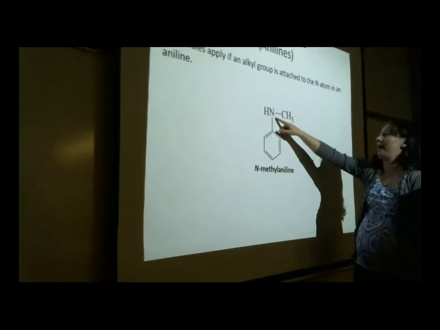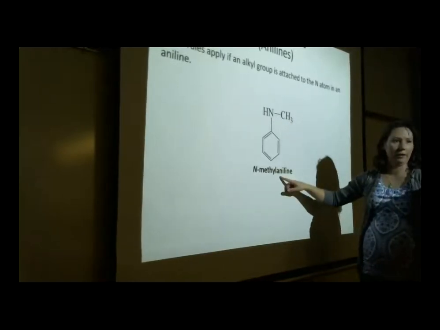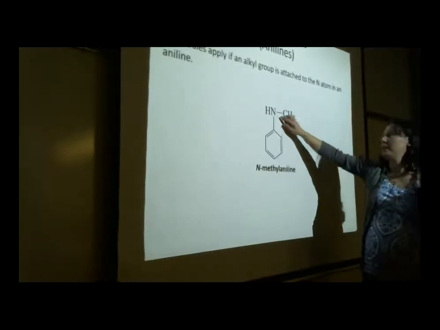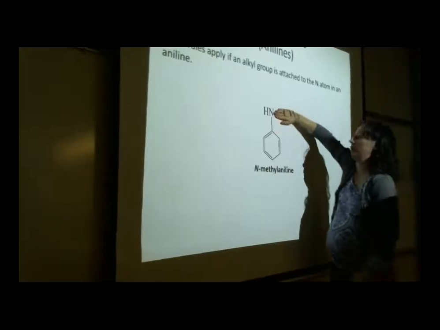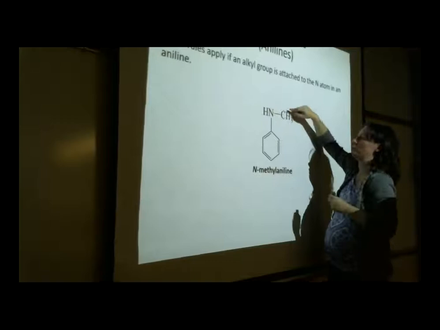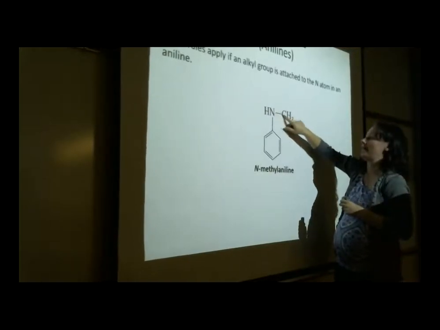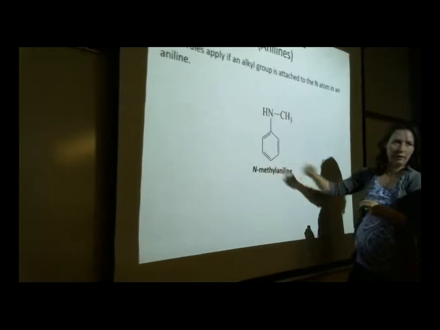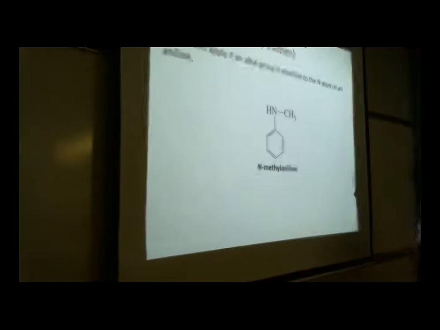This would be N-methyl aniline. Does this make sense? Because if this were just regular NH2, we'd call it just aniline, right? But we've yanked off one of those hydrogens and put a methyl group in its place, so it's N-methyl aniline. Does that make sense? Okay, so now what we're going to do,